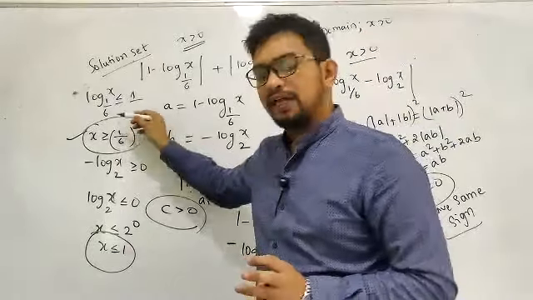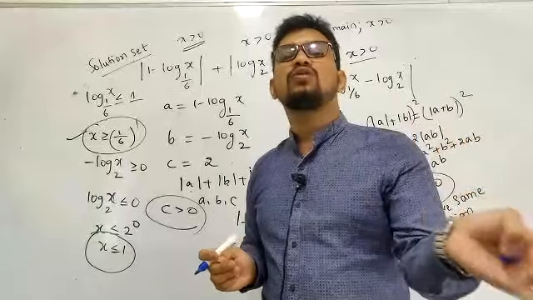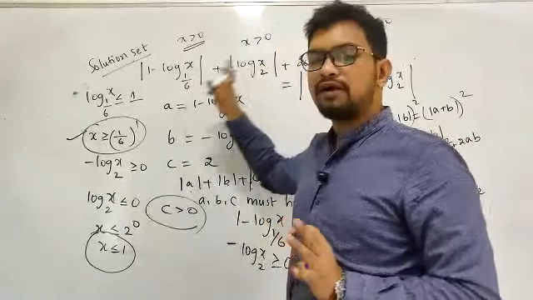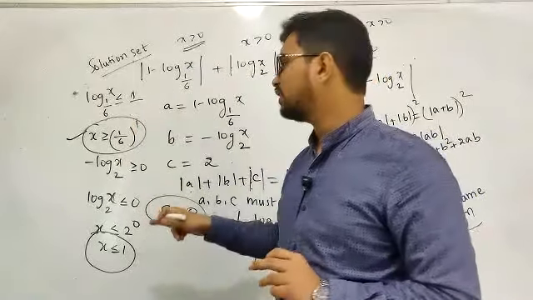Now we observe whether the values which you got are in the domain or not. Check that first. So you got some values, you solve this. After finding the domain, you solve this. Then you got some values. You make sure that these values are present in the domain of this function.